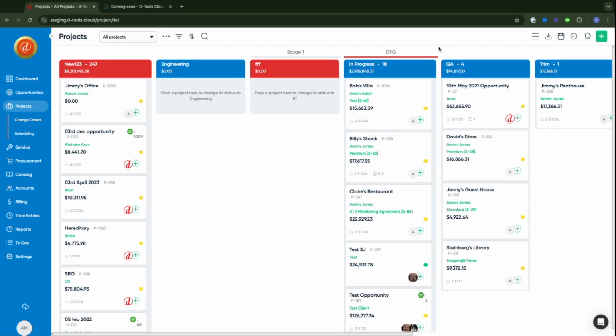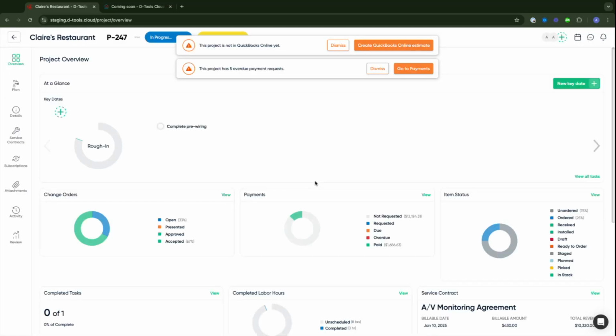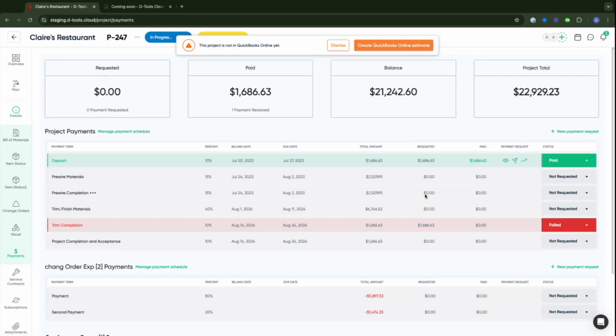So now from here, instead of having a fragmented experience of sending out payment requests and collecting payments different ways, maybe outside of the system using some other payment processors or maybe QuickBooks, things like that, we're going to be able to manage the progress of the payments throughout the project directly from the project itself, making it super simple, keeping everything in one place for you. And again, this is where we're going to be able to start billing moving forward, as we start to mark